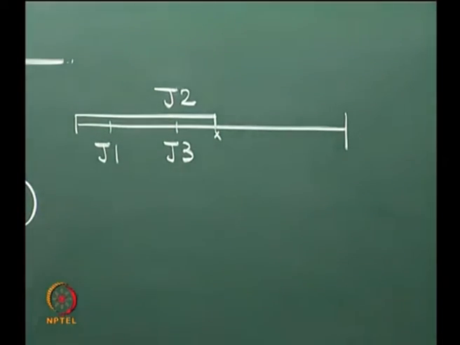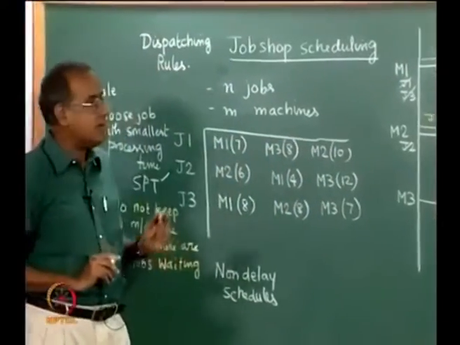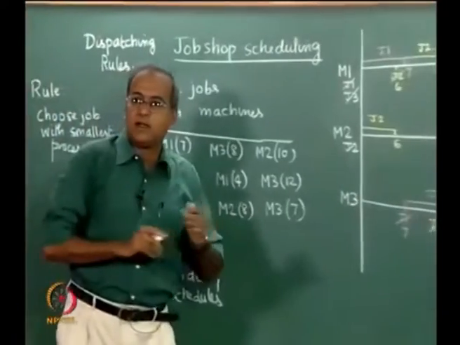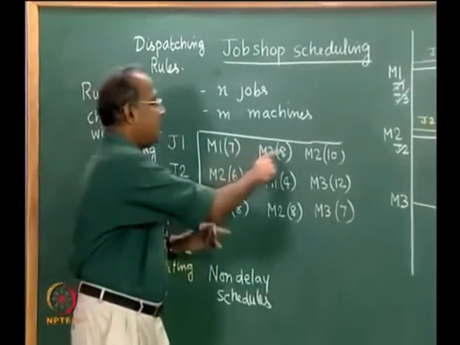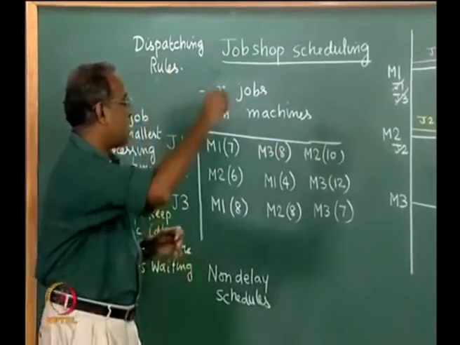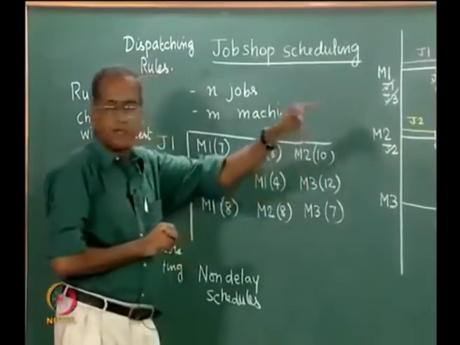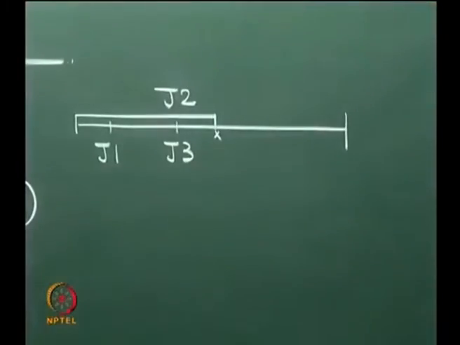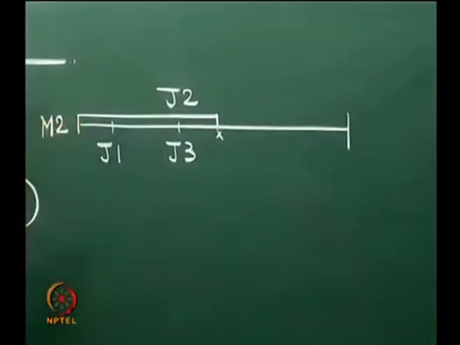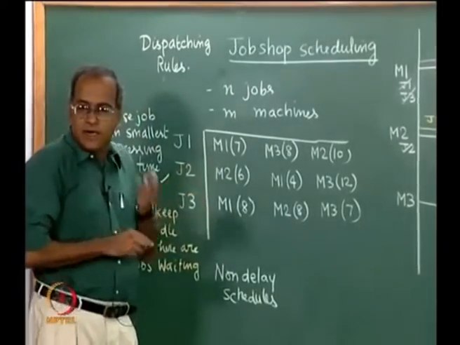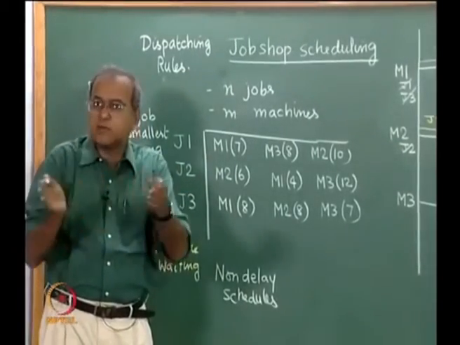Now, which means we have to apply a dispatching rule to choose between J1 and J3, to choose one of them. Now, let us assume that in this case J1 has a total processing time of 25, but when J1 has come here, it has finished 7 and J1 requires a remaining 18 processing time, including the machine that I have. Let us say this is machine M2. When J1 has come to M2, J1 has already finished M1 and including M2, J1 has 18 units of time to go.